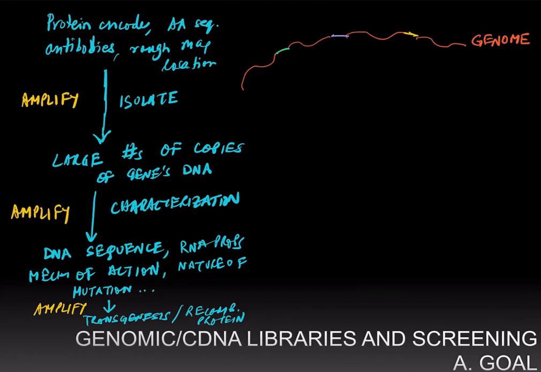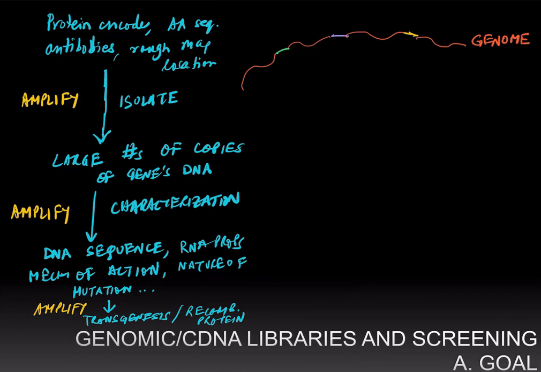Let's say we have part of the amino acid sequence of some protein, or we have antibodies associated with that protein. What we would like to do is identify the DNA associated with that gene, isolate the gene, so we narrow it down to find which DNA codes for that amino acid sequence or the protein for which we have antibodies, and then make a large number of copies of that gene's